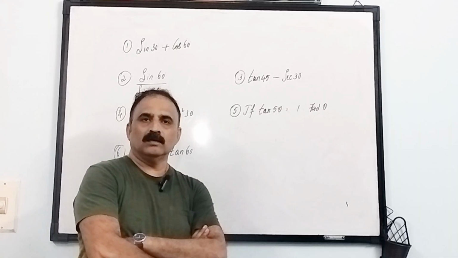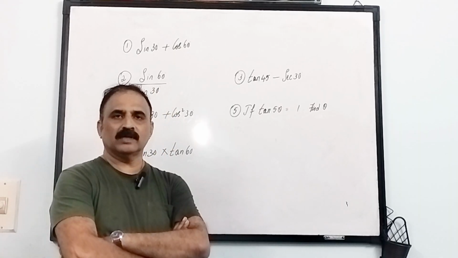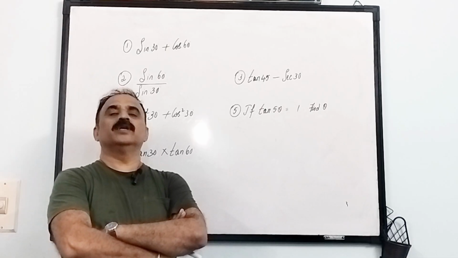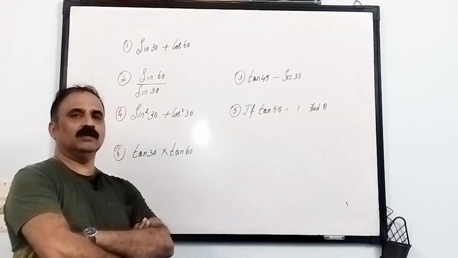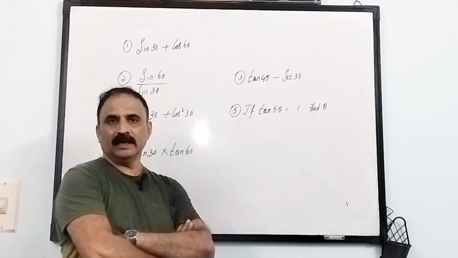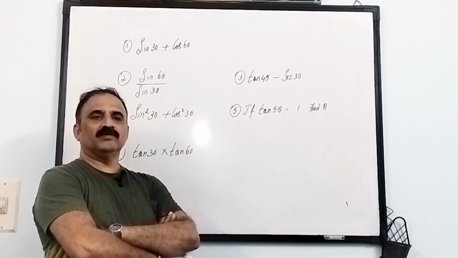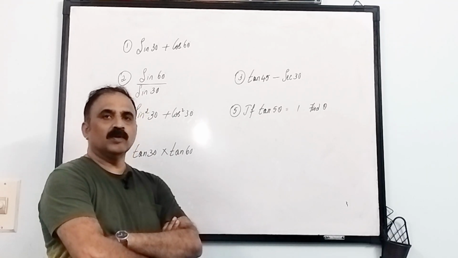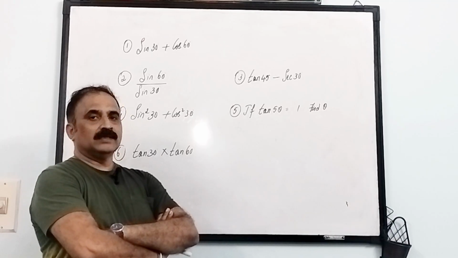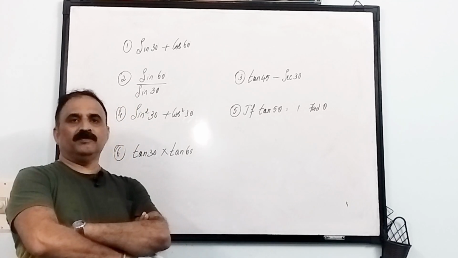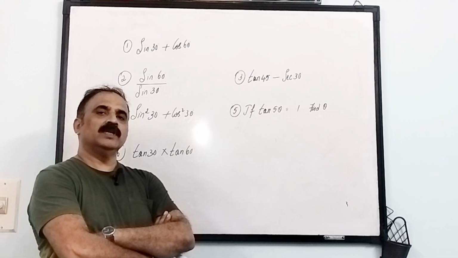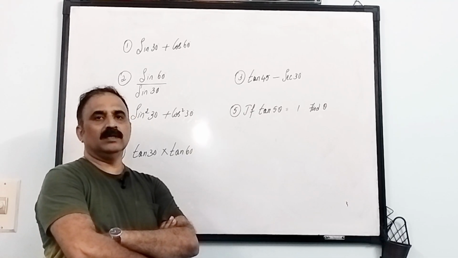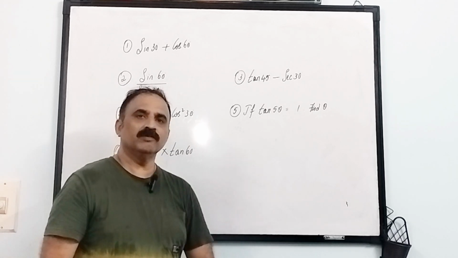Last class I had spoken about trigonometric standard angles. It is 0 degrees, 30 degrees, 60 degrees, 45 degrees and 90 degrees. Hope you have gone through those values and practiced them, and problems will become much easier. I'll start on some of the basic problems of standard angles, then we'll increase the level of the problems and finally take up the maximum level of the problems to